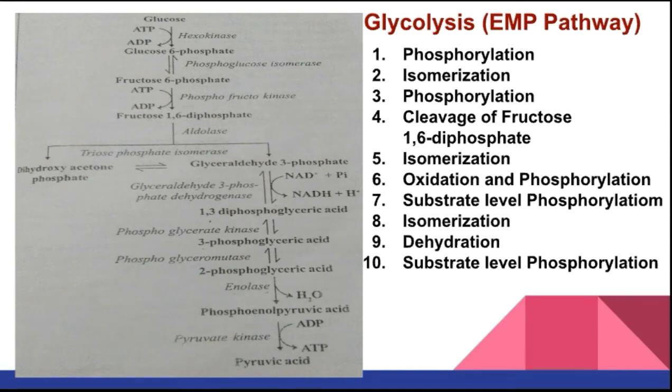First of all, we have seen here in the picture a particular cycle, and that cycle is the glycolysis cycle or EMP pathway. You have seen here glucose is converted into pyruvic acid in 10 steps. There is hexokinase as well as many other enzymes that will be useful for the process of glycolysis. So we will see it thoroughly.